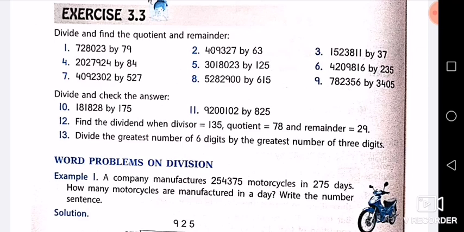Fine. Like in the fourth question, the numbers which have been given, you are going to take the first 3 places, 202. Now 84 is there. 84 is nearer to 80. With the table of 8 you will be able to know 8 1s are 8, 8 2s are 16. So 16 is the table. So it will be nearer to 2 times only. So 84 you are going to multiply 2 times.